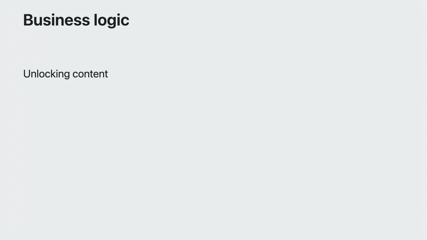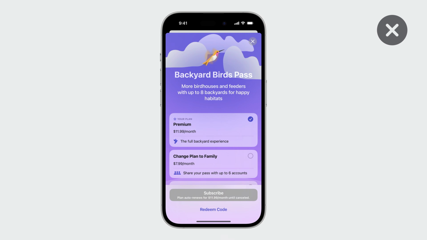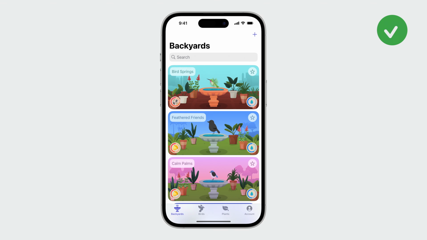While these new views significantly reduce the effort required to add in-app purchase to an app, there are a couple important pieces we're missing. First, we must add logic to actually unlock the content after a purchase is made. Second, we need to check if someone is already subscribed, and then hide any controls that present the subscription store view. StoreKit views handle customers who are already subscribed automatically, but in many cases, the best experience is choosing not to present any merchandising UI to existing customers.